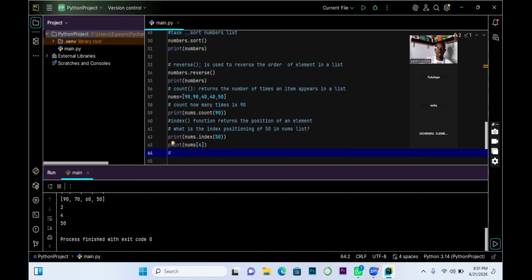We have touched all the major manipulative functions under list. So one more thing I'm going to show us before we end the class is how to check, in Python, how to check list related